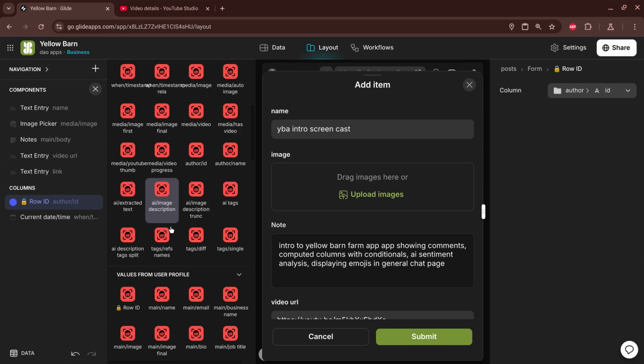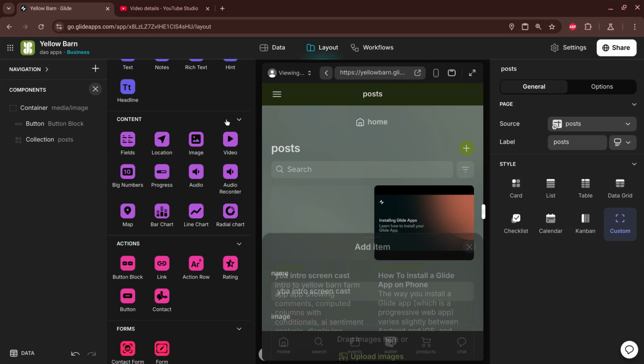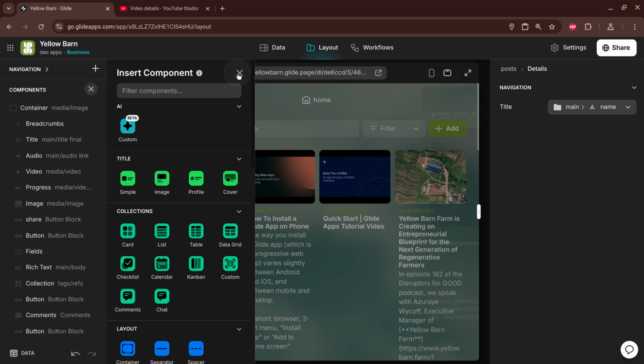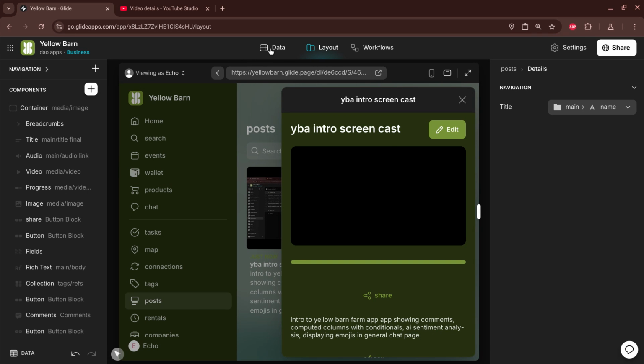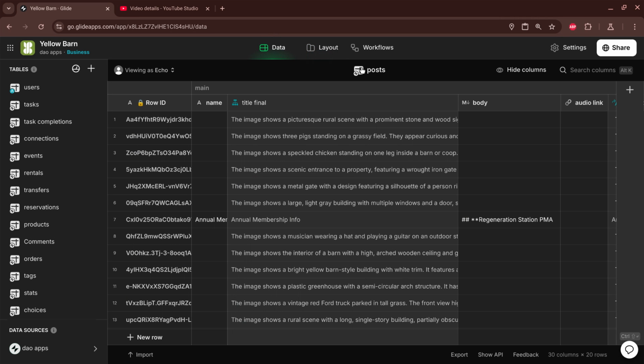context, but you also have access to the user profile. In this case, I picked the row ID from the user profile. I selected that, and then I said where to store that. Well, that's going to store it in the author ID column. So I can save that. I'm going to close out of the component window. And if we click on data, it'll jump back into the post, which is the context that we have. And you can see that the author ID,